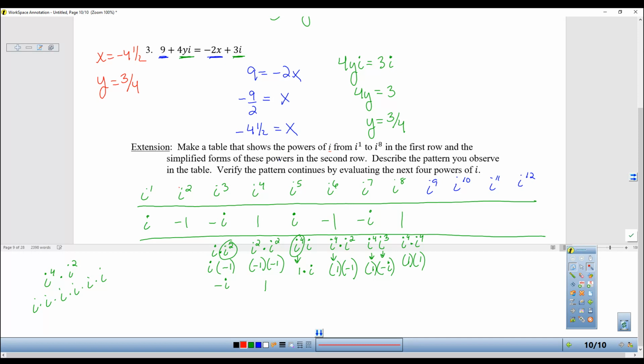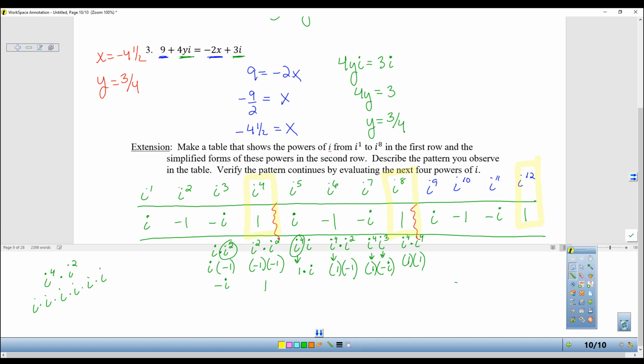Do you see the pattern? i, -1, -i, 1. i, -1, -i, 1. So every multiple of 4, the 8, the 12, the 16, ends up being just 1,